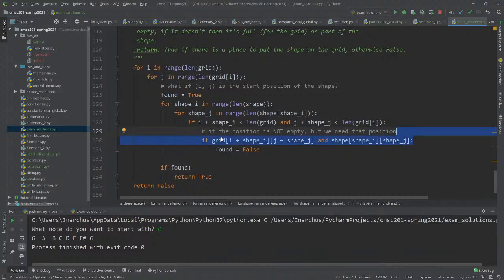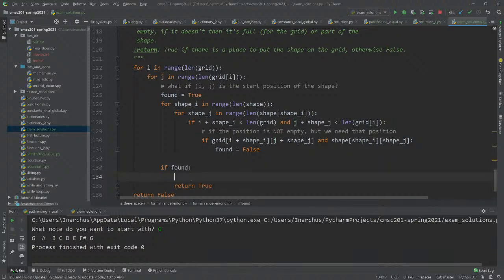You need to remember, or you need to realize, that what you have to do here, and what this is actually doing, is literally just trying to put the shape in at that position. It's just saying, okay, if I and j is the start position, and we can do more than this. We can print position found at